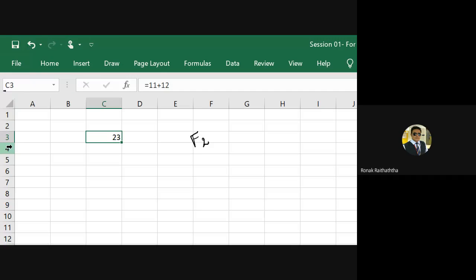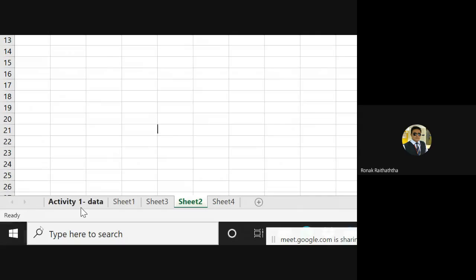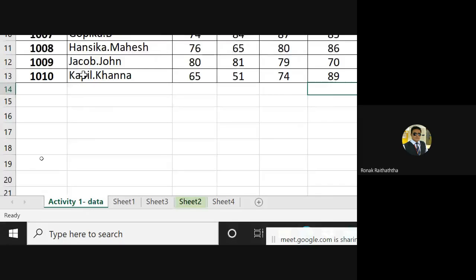If you are being dominant on those cells, I will change your name. Call Yogi Adityanath, he changes names a lot. If you want to change the name of those cells, you can click on that cell, or you can go to the address bar, and as I have stated, you can change the name of it, right? Okay, now let's go to the activity 1 data, everyone here.